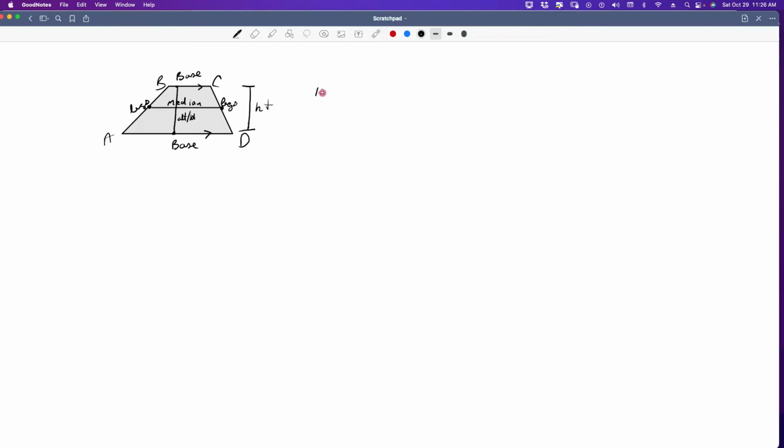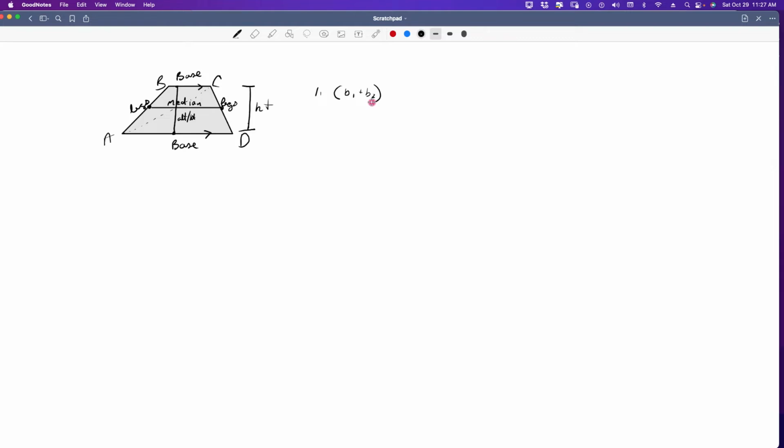So the properties of a trapezoid are 1. The area of the trapezoid equals 1/2 the product of its bases. So you remember how we've been finding the area of a trapezoid? We've been doing this dotted line here and making two triangles, and here's the base and here's the base. And this is the height. Base times height divided by 2 for this triangle. Base times height divided by 2 for this triangle. That's what we're doing when we do this formula. This is just a faster way. And it's just base 1 plus base 2